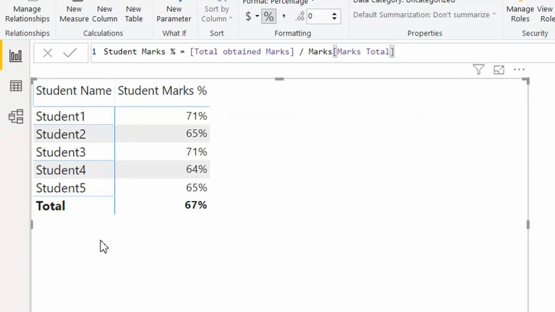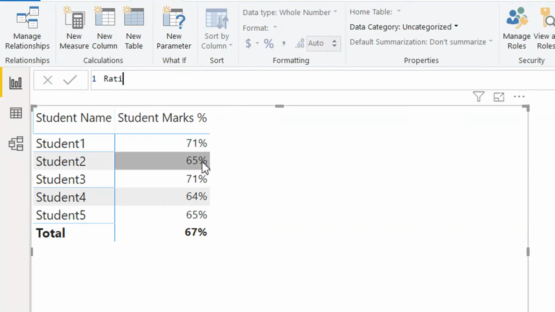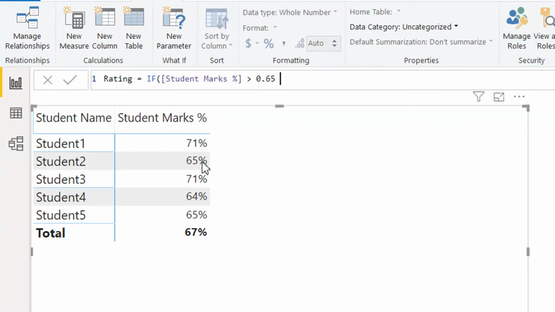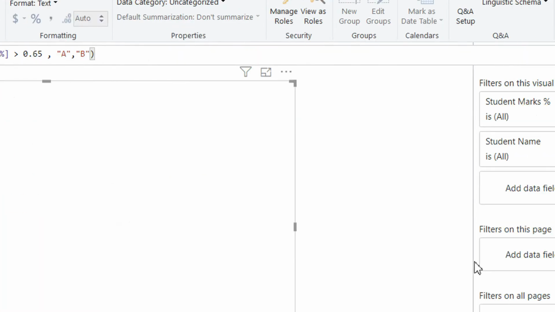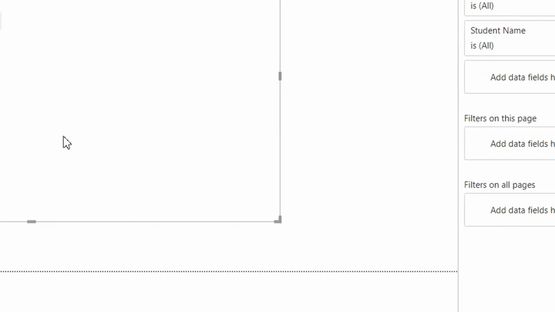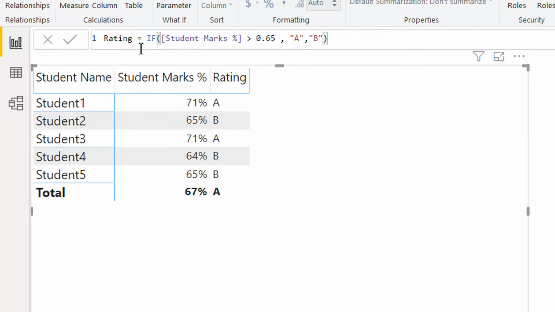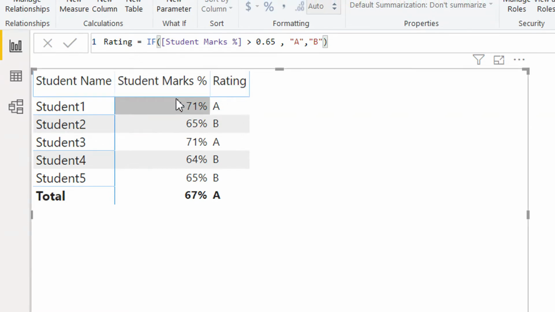And if I need to add some kind of rating, I need to add one more measure, like rating is equal to IF student marks is greater than, then we can say okay, then its rating is A, otherwise its rating is B. And see, we have to create the first measure and then the second measure, and then we have to create a rating,